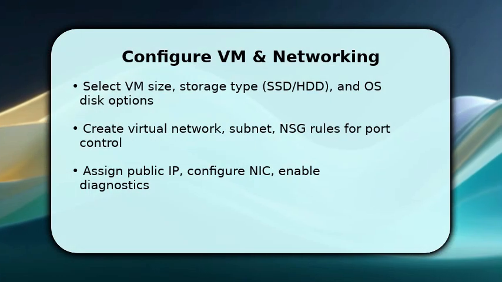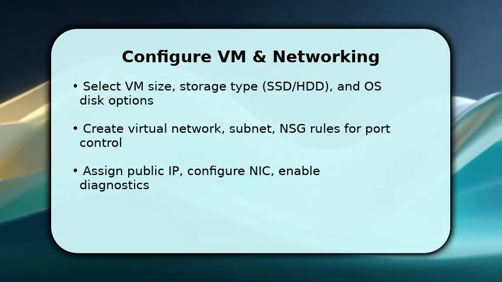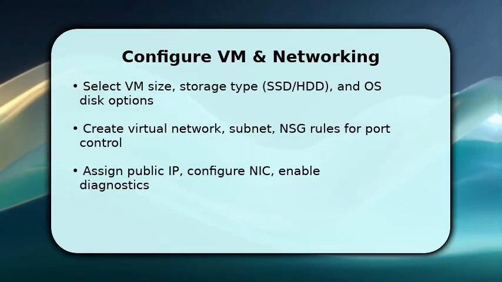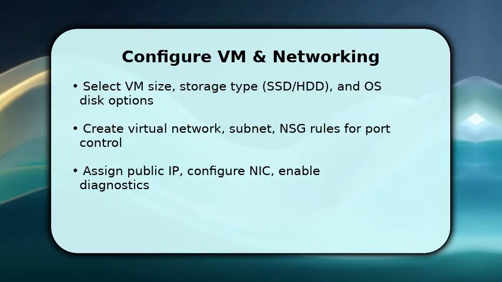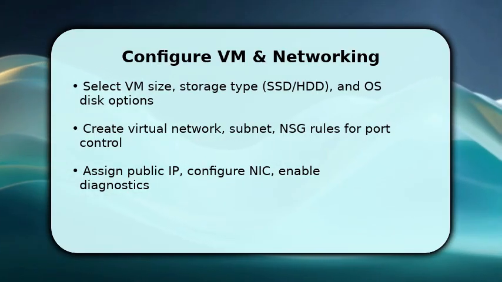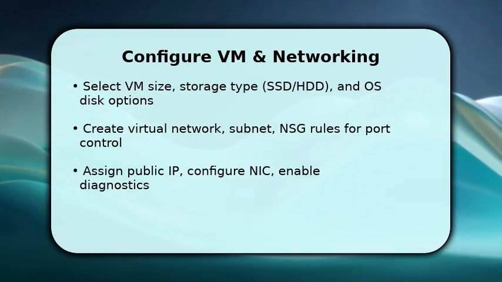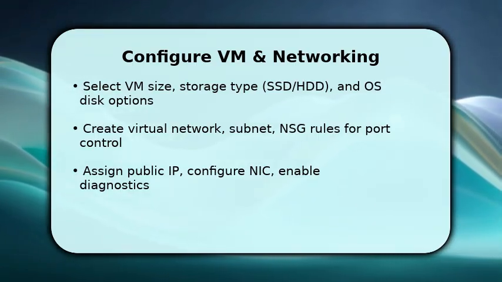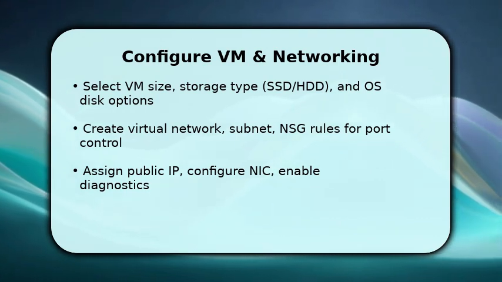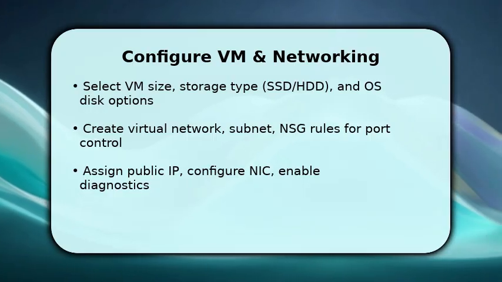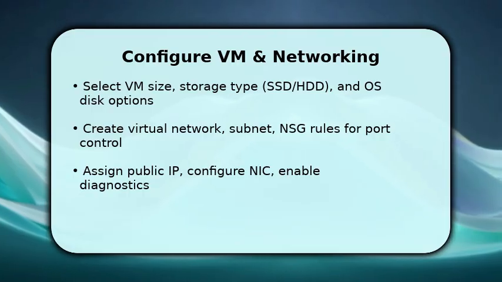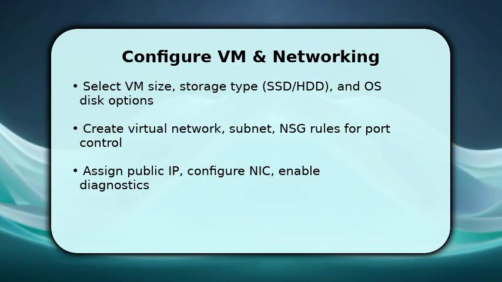Once done with basics, configure the VM and networking in the Azure portal or CLI. Choose an appropriate VM SKU and storage performance, SSD for I/O-heavy tasks, HDD for low-cost archives. Create a virtual network and subnet to isolate traffic, then add network security group rules to open only needed ports such as 22 for SSH or 3389 for RDP. Attach a public IP to the NIC if public access is required, and enable boot diagnostics and monitoring so you